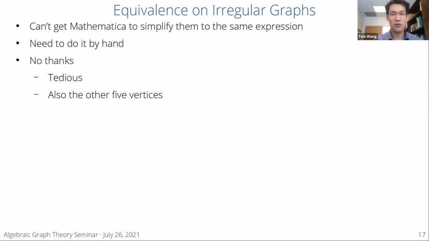You also have to show that the probability at all the other 5 vertices are equal. So that way your entire probability distribution is the same. And so you actually have to do what was on the previous slide like 5 times to work it out by hand. It's just like, I've got other projects to work on. I had plenty going on at the time. There was no shortage of research projects for me. And so I was like, I'll just put this off.